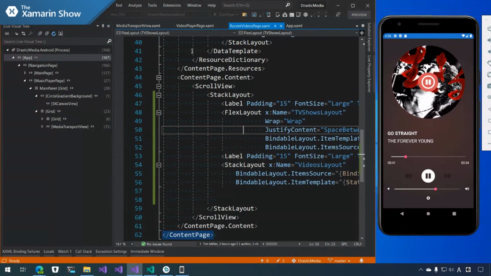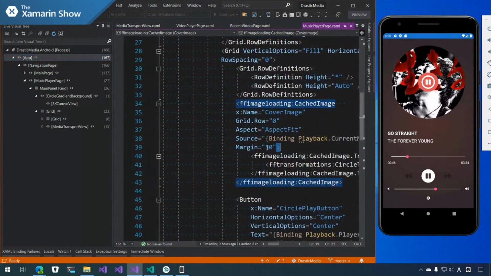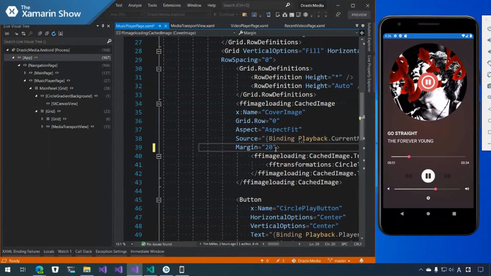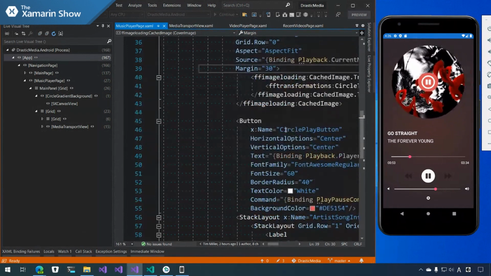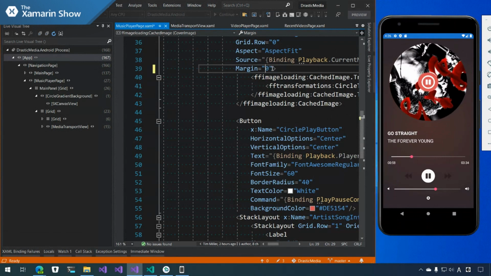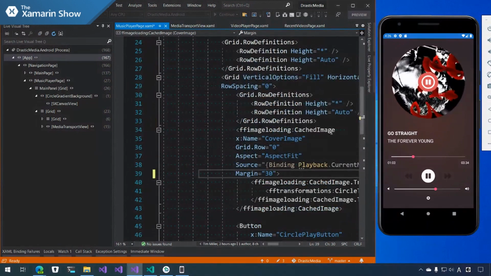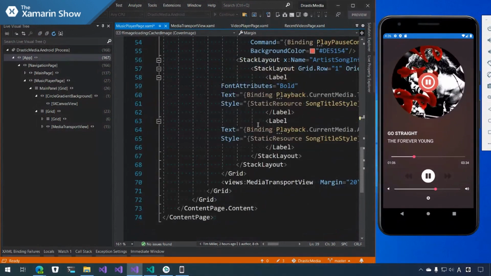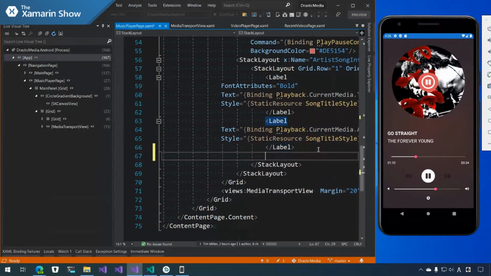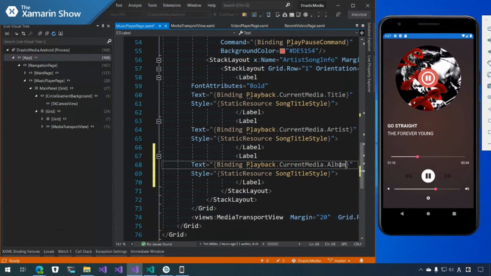So let's see here. Let's go to this canvas and let's change this. All right. Oh, there we go. Just wait a little sec. So while the animation is playing, we dynamically change the view. Let's say I also want to add some album art here. So if I change that there, I want to add the album. Let's go do that.